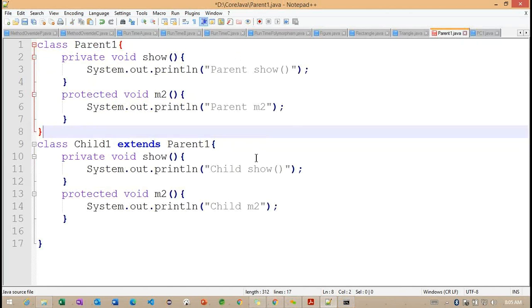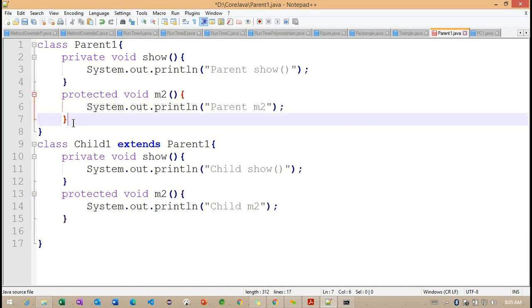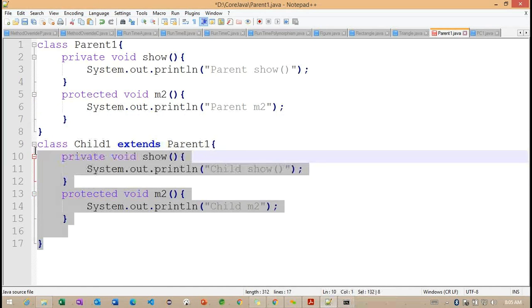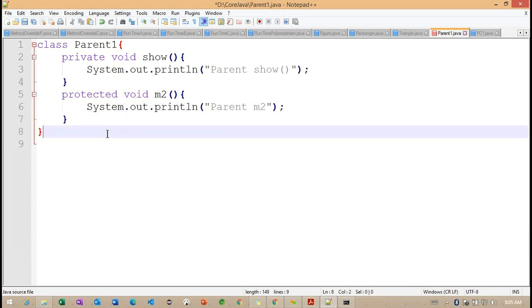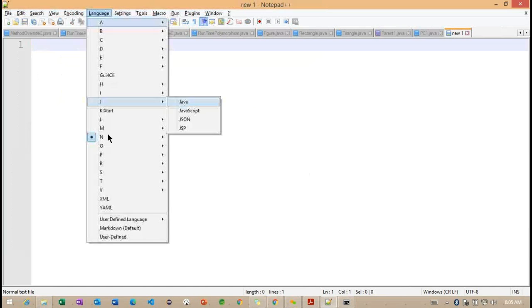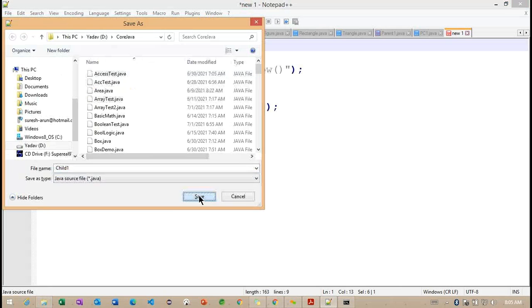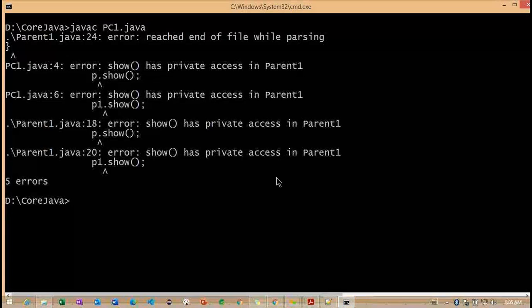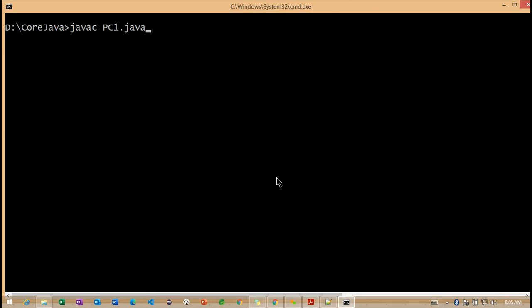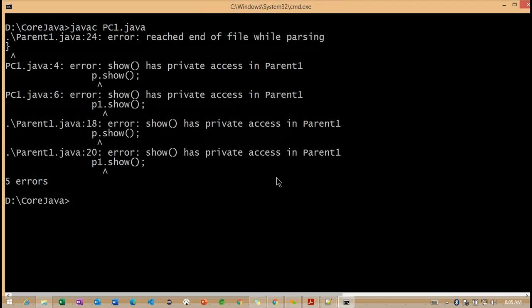Okay, it's closed here. So this is also, we need to create another class. It's giving a file ended error. So p.show. Okay, correct. So I'm not seeing this particular error.